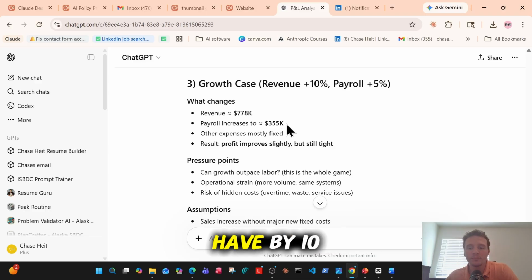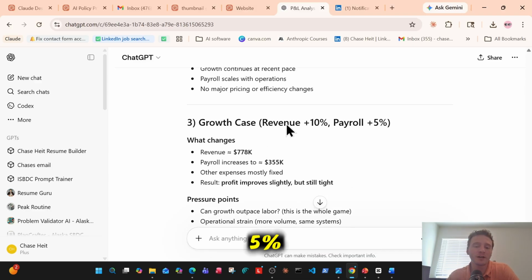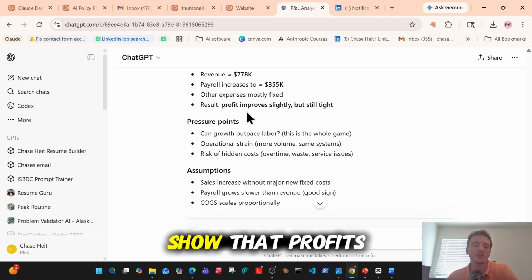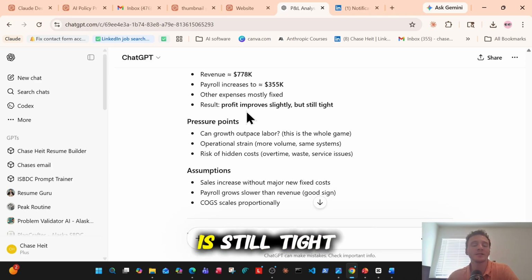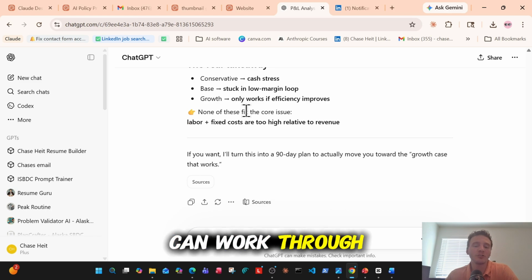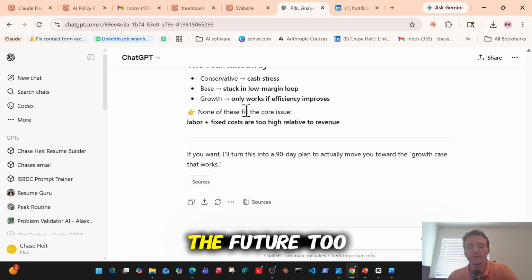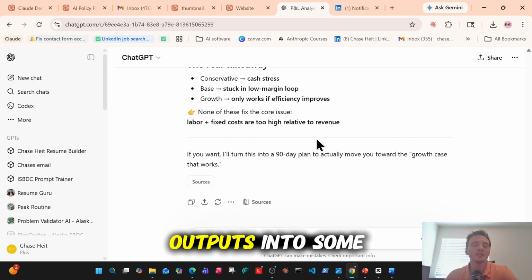And then what if you went up by 10% margin, but payroll 5%? So that would show that profits improve slightly, but is still tight. And so you can work through different scenarios to see what would be best for you and plan for the future too. The next key point, AI is great at turning outputs into some kind of checklist or